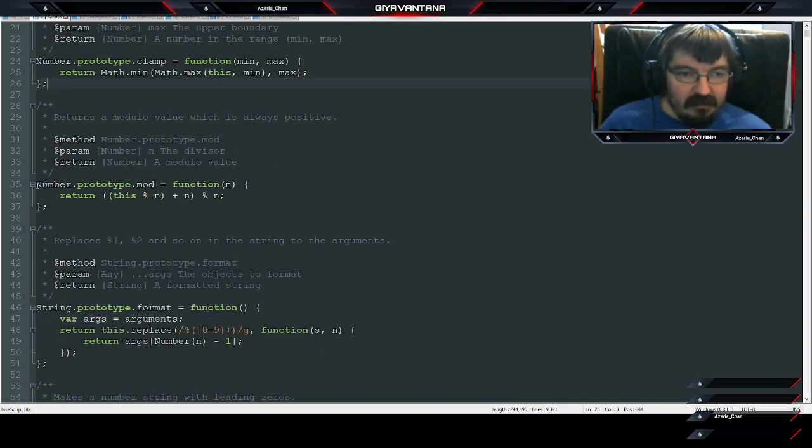So they've also added a convenience function for numbers called mod, which performs a modulo operation with a given divisor, which is the parameter n, and it returns